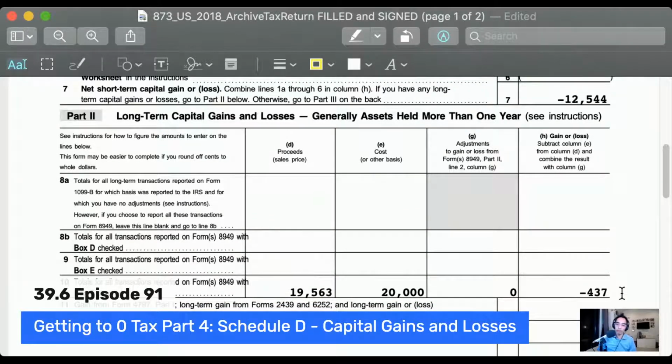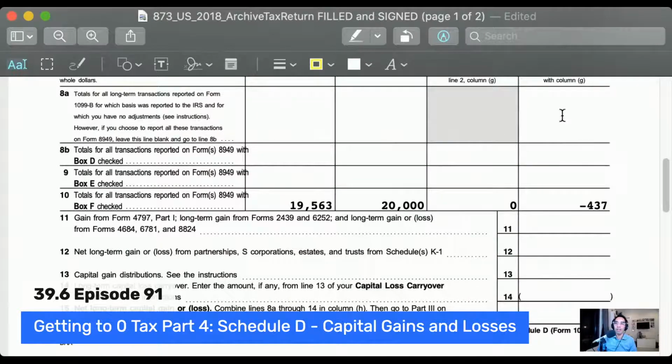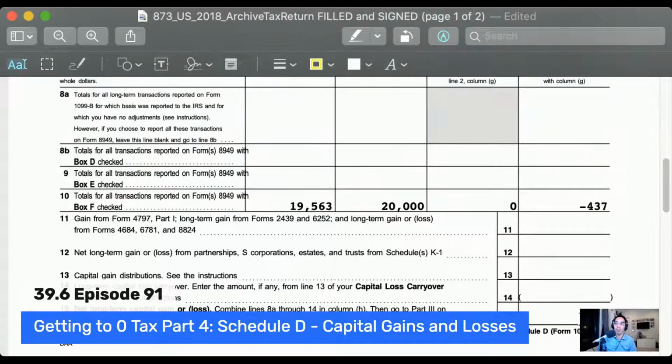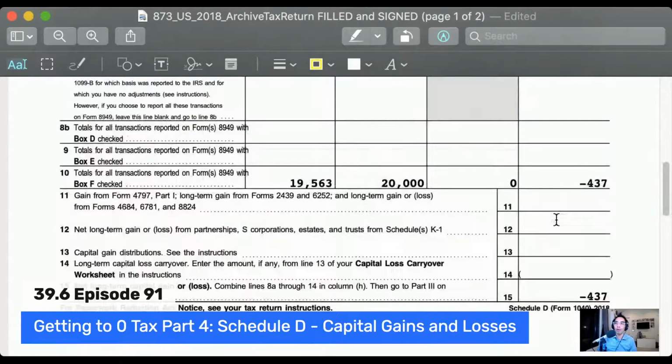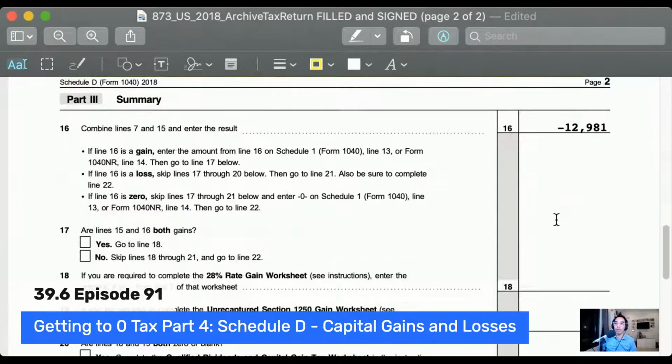$437. Okay. So in total, if you add these, the last thing is you get your net long-term capital gains or losses. So we have negative 437 for long-term and negative 12,544 for short-term. In total, combining these two, it is negative $12,981. So if one of those was positive, let's say that my long-term gains was actually positive by like $1,000,